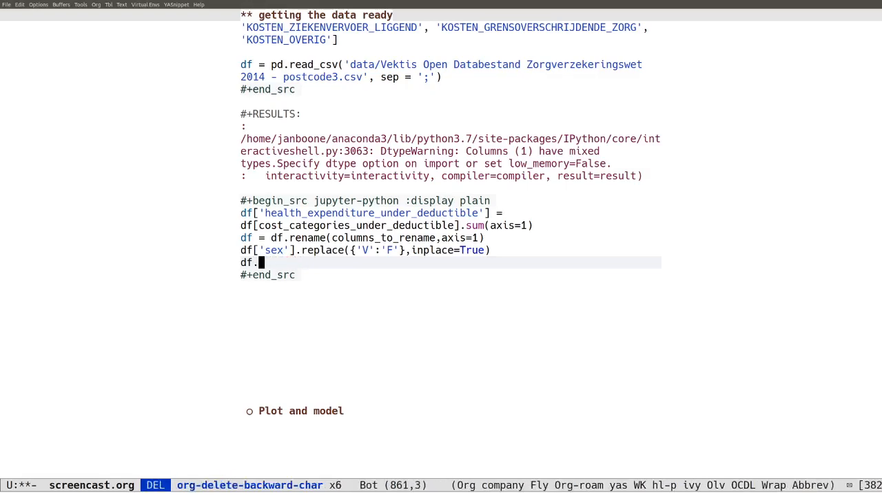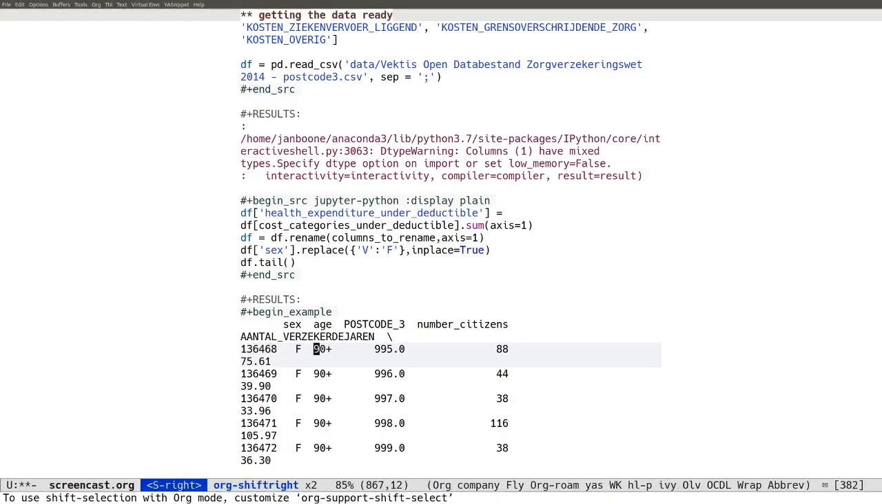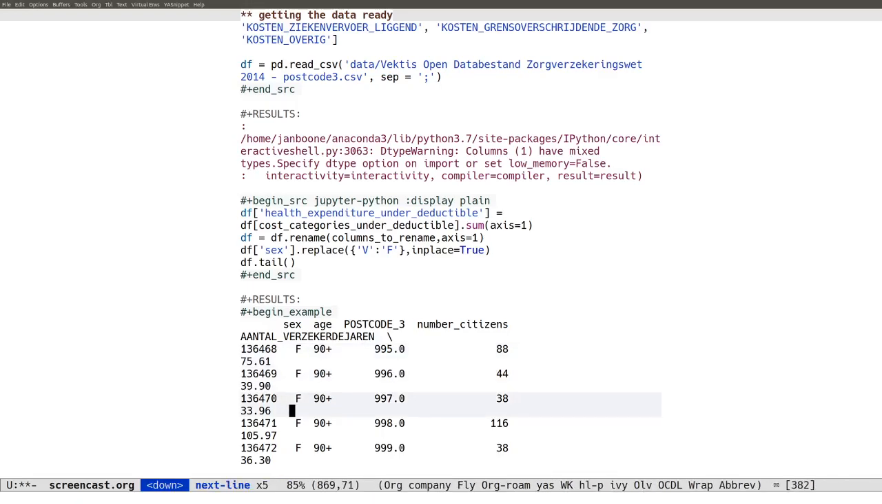so we can do a head, but actually here I'm going to use a tail for a reason that I'm going to show you in a second. So here we have the last 5 rows of the data frame, and the thing I want you to notice is this sort of odd age variable, 90 plus. We want to change that because 90 plus is not something that we can be working with,